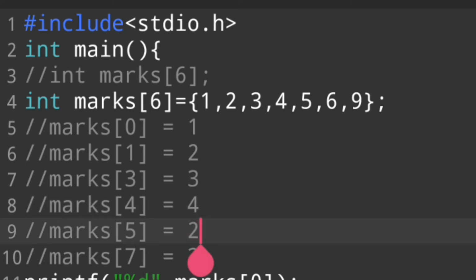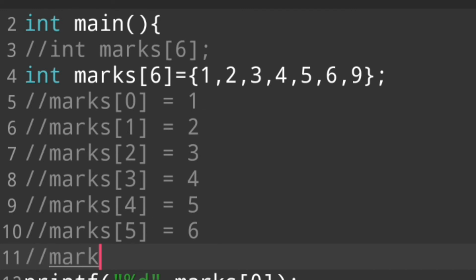Sorry, in this case 2, 3. Mark 6 is equal to 9.